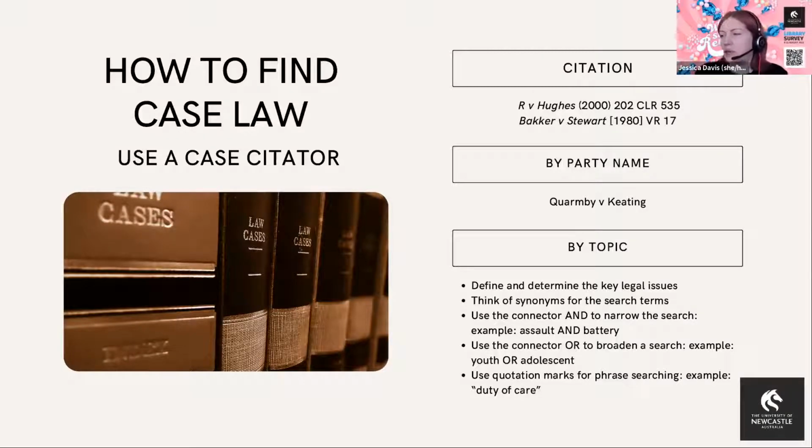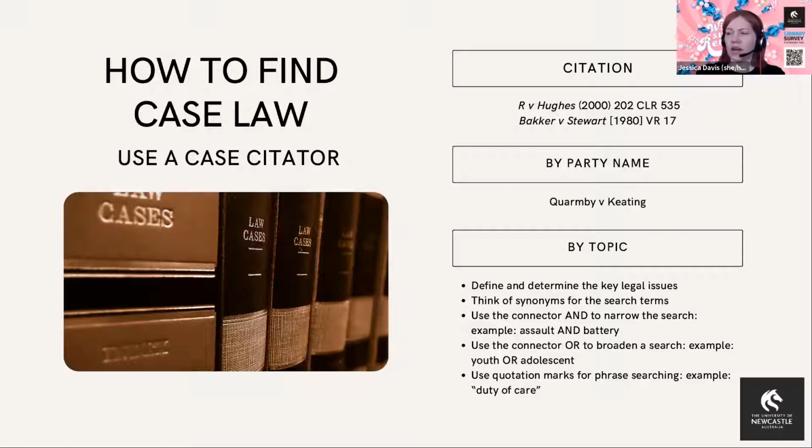The most important thing to remember about searching for cases is that cases quite often have multiple citations. This is due to when cases are first decided, they are given a citation straight away. This citation will generally have the name of the court where the case was heard as the abbreviated title of the citation. However, if a case is considered to be important or is of interest, it may be published in a law report series.